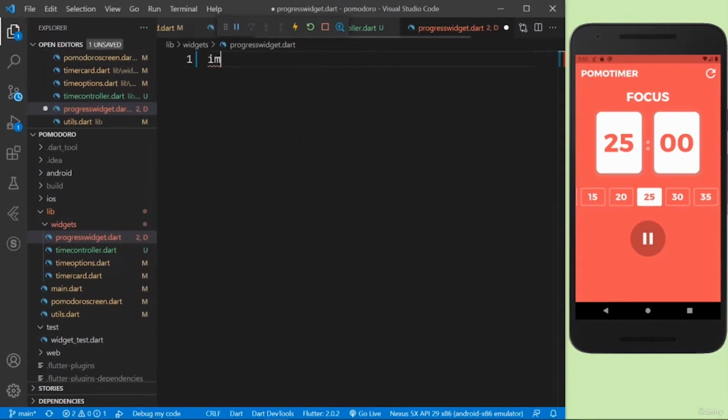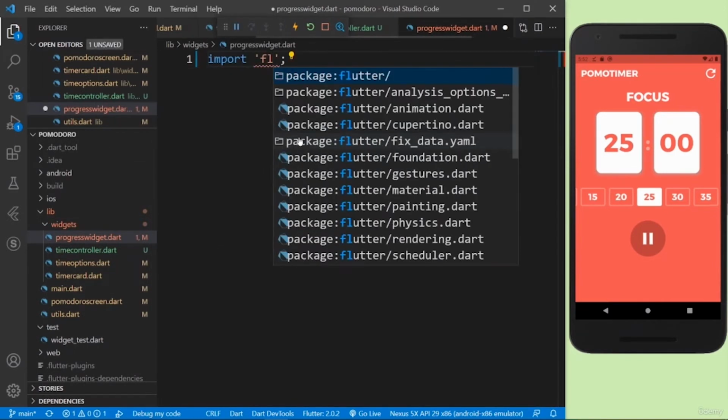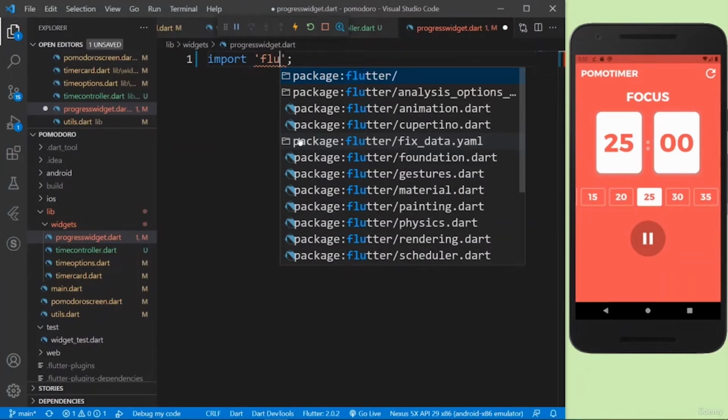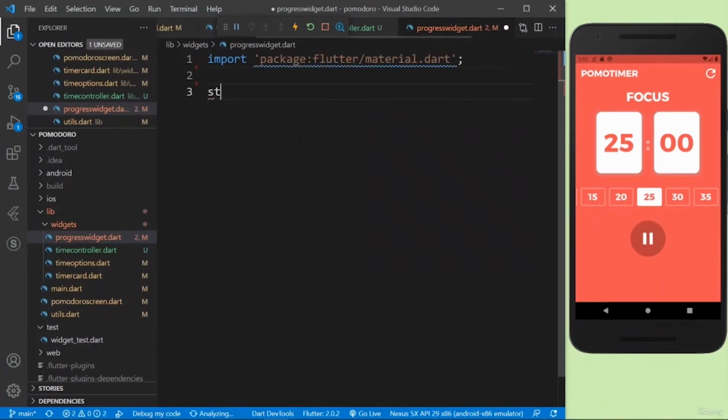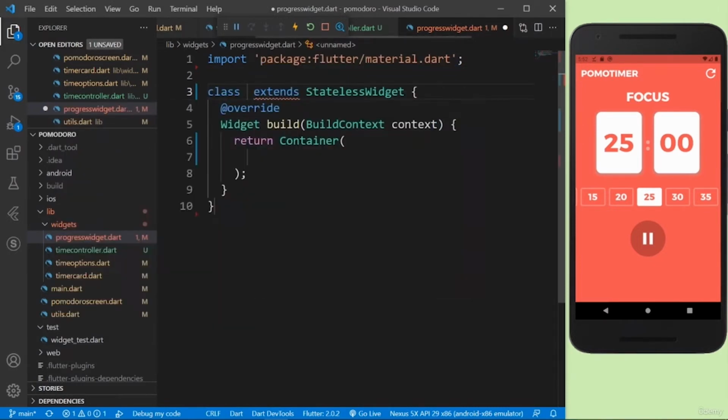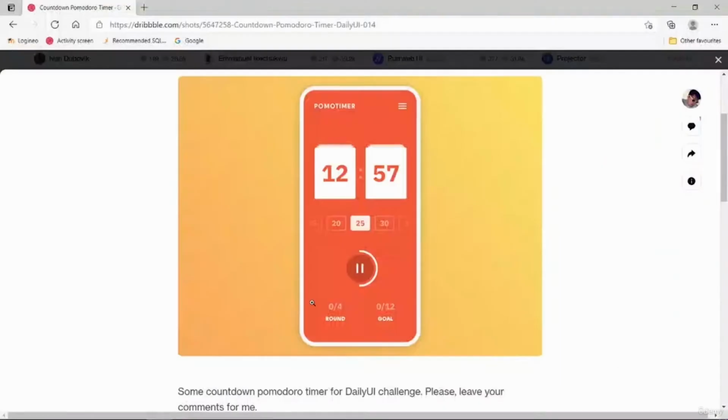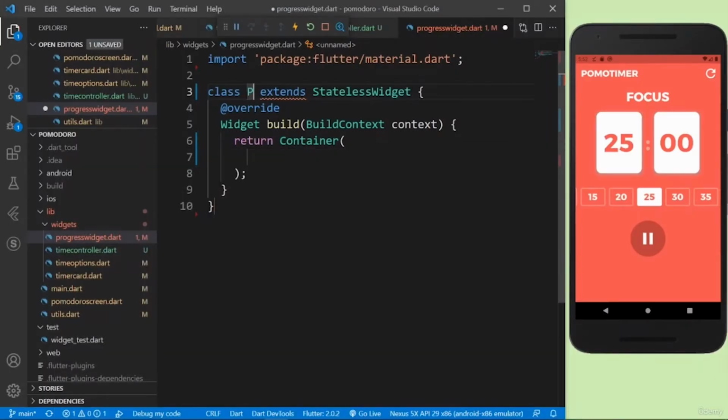Again, I'm going to just import Flutter material.dart. I'm going to create a stateless widget because I won't have a set state or something like that. And the progress widget is pretty much simple. We just have a column, and in that column we'll have two rows. This is the first row, this is the other row. So I have to just give a name for this. So I'll say progress widget,